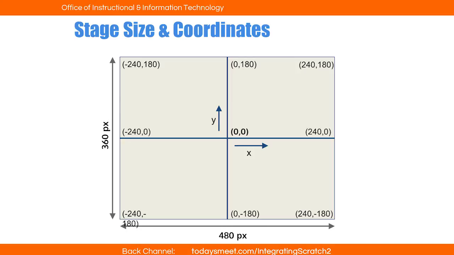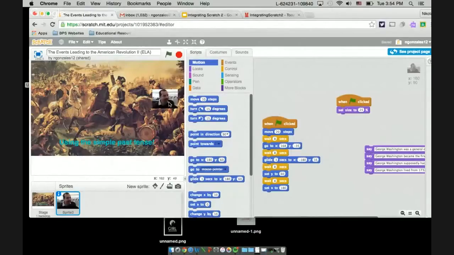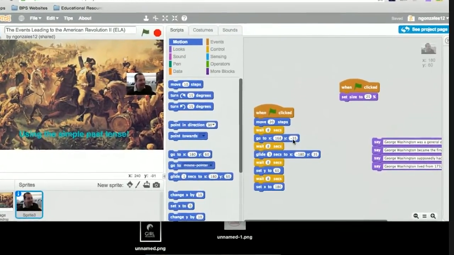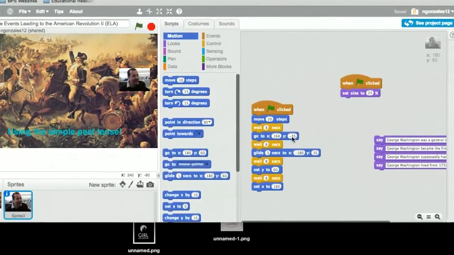But this figure is inside your one-pager that we did for week 2. So moving 10 steps would just be moving 10 steps on the x-axis. Then you have the more definitive movement, which is go to x-axis 168 and y-axis negative 135. And you'll see how it's just going to move from one place really quickly, and then it's going to go to the other. The glide